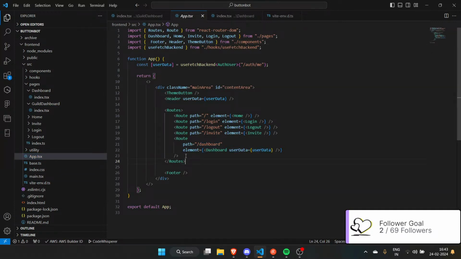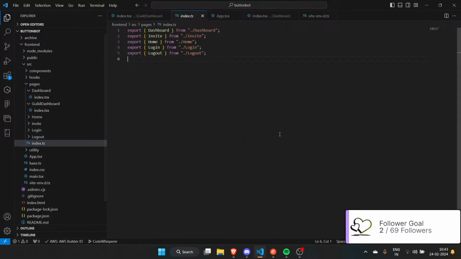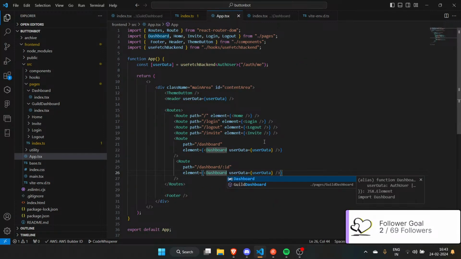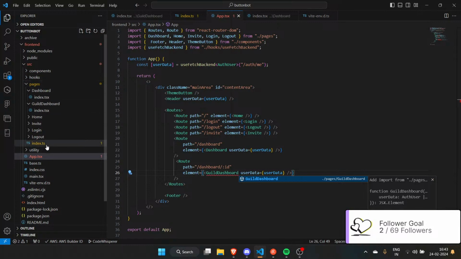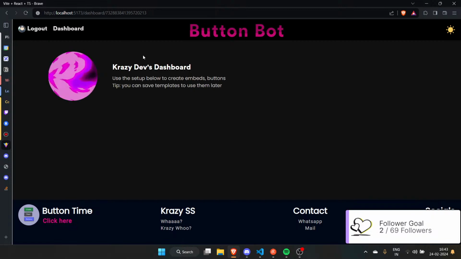Dashboard, blah blah blah. Okay, let's copy that. Slash ID, I guess that's what I called it. Yes, dashboard guild, right? Let's export this piece of code. This is going good, man. Damn, how is it going so good? Wait a second. I didn't export it. And awesome. Look at that. Does that work? It does. So let's see where we are.